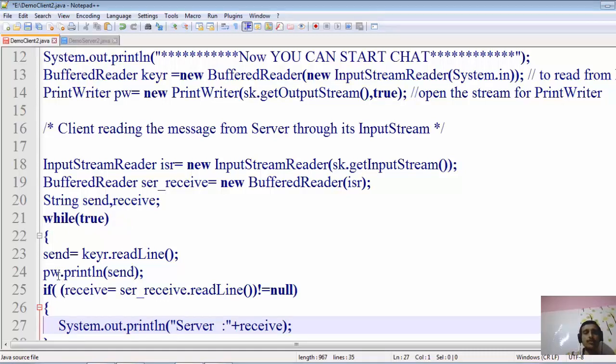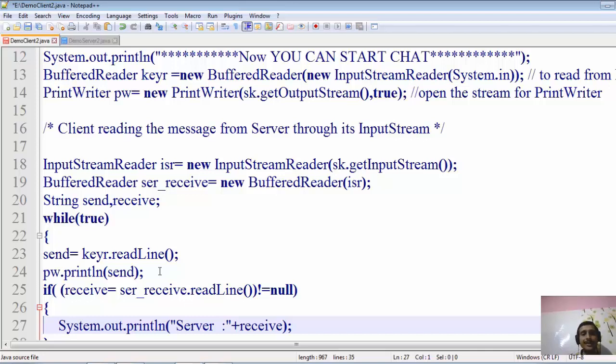Now this object of PrintWriter is just writing this send over the println method. It will read line by line and send each line to the output stream, and it will be received by the server socket. The server socket will open its input stream to read these lines, and the input stream of the server socket will decode these messages in the form of characters. So this will flow in the form of characters.